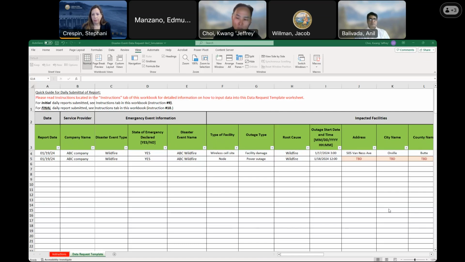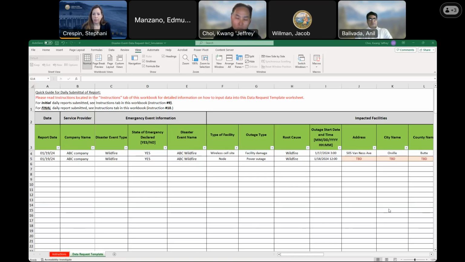And if there is a wildfire declared as a state of emergency, and we decided to get information from the service providers about affected facility and affected customer and service.